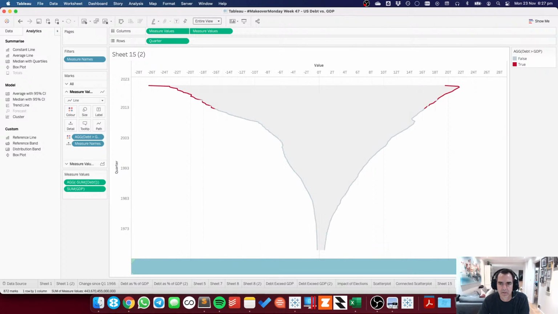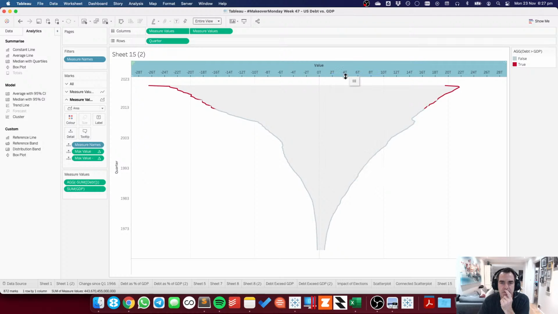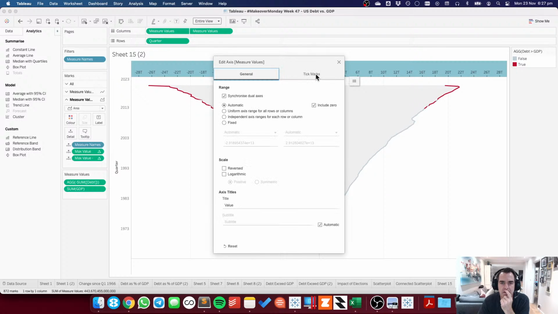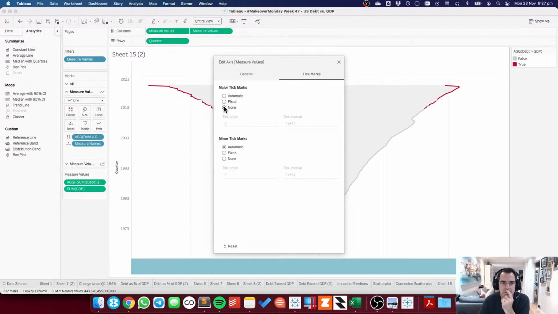Okay, and then for this axis, I'm going to edit the axis, and I'm also going to major tick marks, none, no, automatic, none.